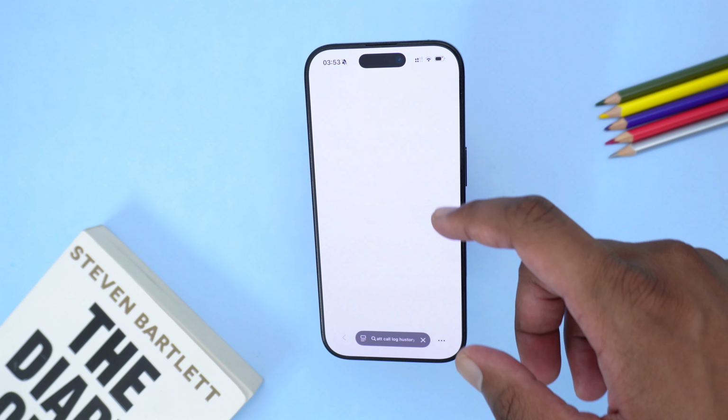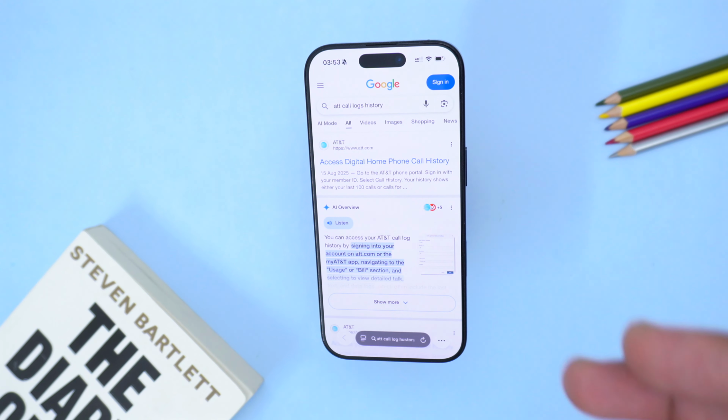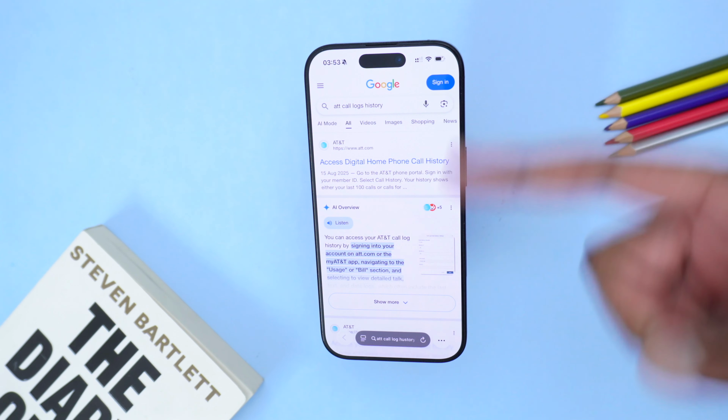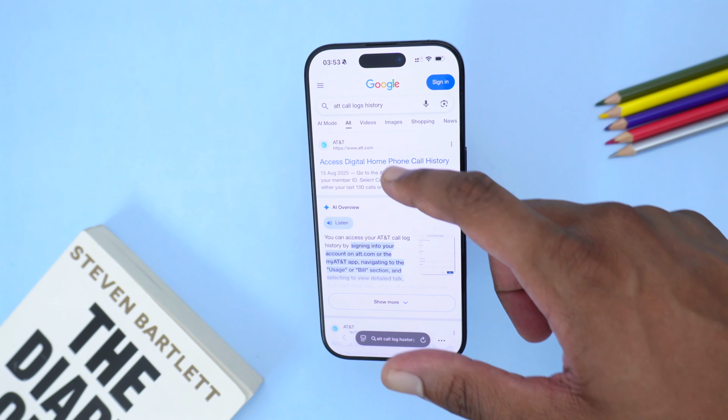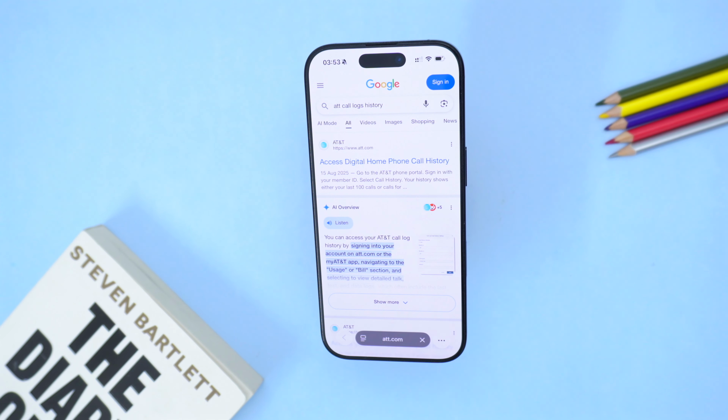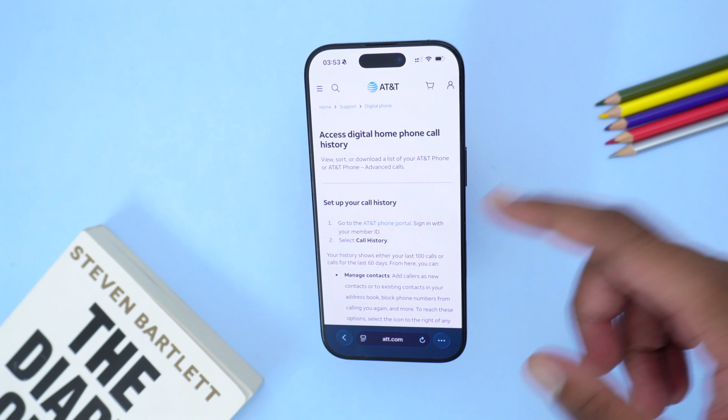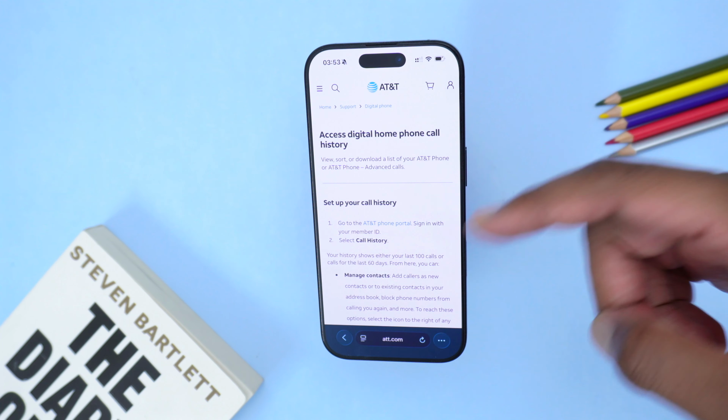There we go. I'm going to search for it, and it's going to show me the link of the portal from where I'm going to get the entire list of the calls I've had in the past. So I'm going to tap once in here. They actually store this data for a much longer period of time. So once you tap once on it, let me tap on continue without charges,